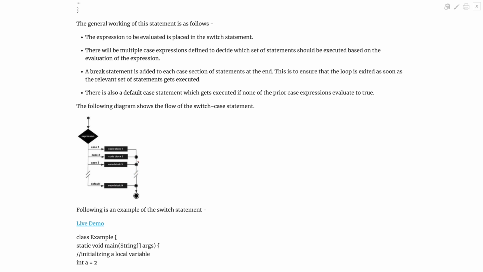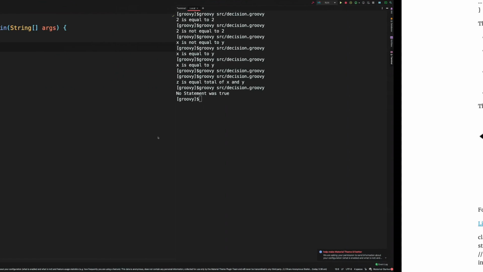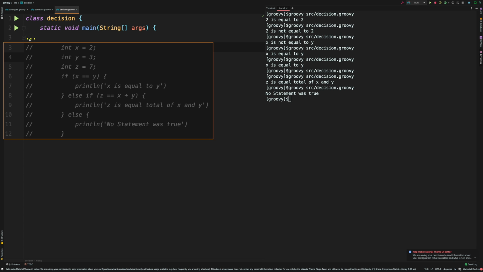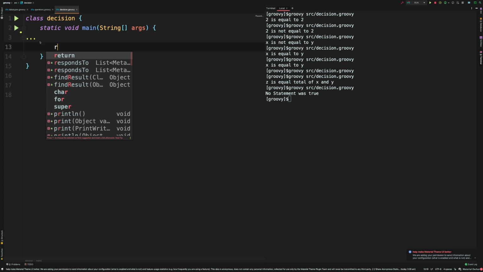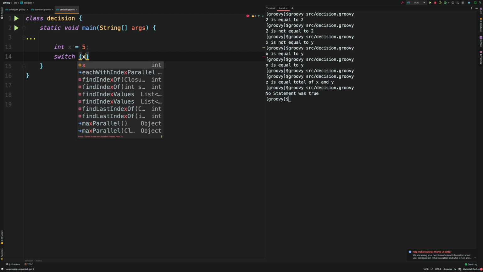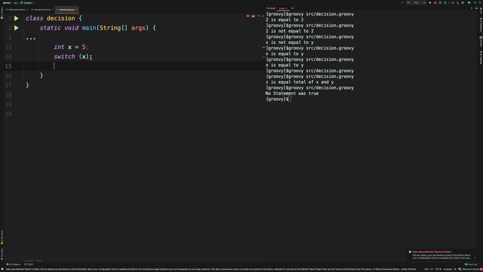So given an example, it's pretty simple. Okay, let's go here. I have actually commented this code, so don't worry about these 3 dots. IntelliJ is pretty nice to actually just use these 3 dots to show that it's been commented. Variable, so just x equal to 5. All right, and I'm going to use a switch statement, and then expression is x, and then within that I'm going to start by using case.